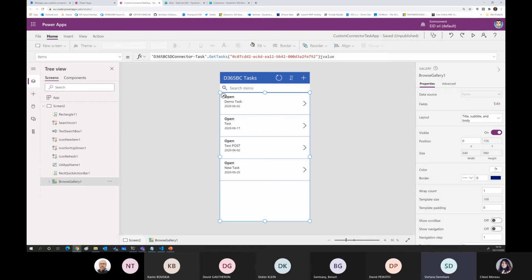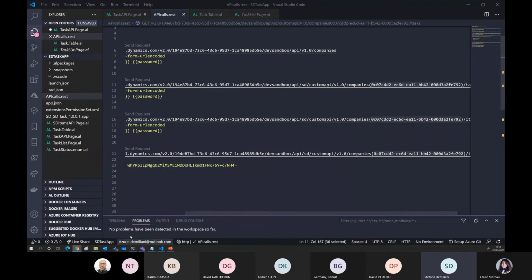to use the value method, because as said before, if you simply call get tasks, it gives a JSON with two parameters, value and data context. You need to retrieve the value, and the value is the array of tasks that you have inside your Business Central, and then you can start working with it. So it's quite easy to work with custom connectors. Let's jump back to the slides